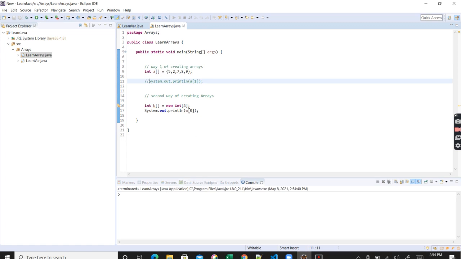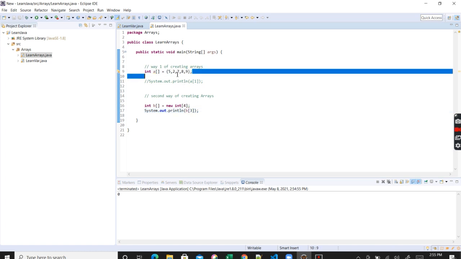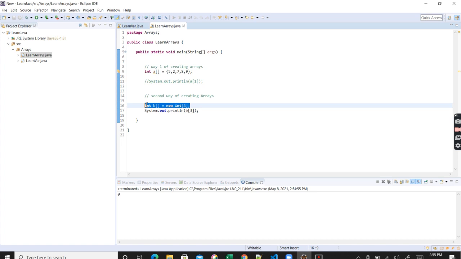Oh, I'm printing A. I have to change it to B. Yeah, 0. And if I say b3, it will also be 0, because we have not given values to all those 4 locations of the array. In the first way, while creating the array, we give the value of each index, but this way we are not doing it.